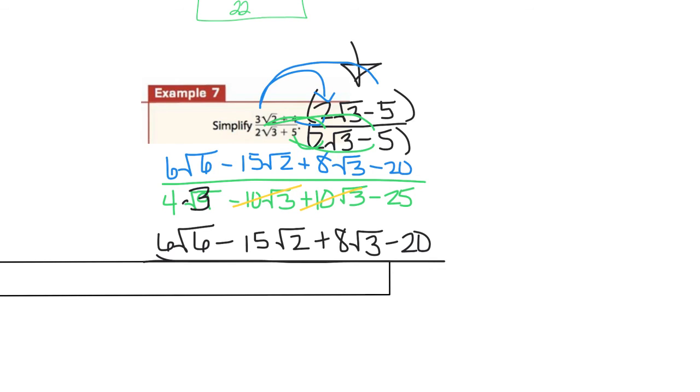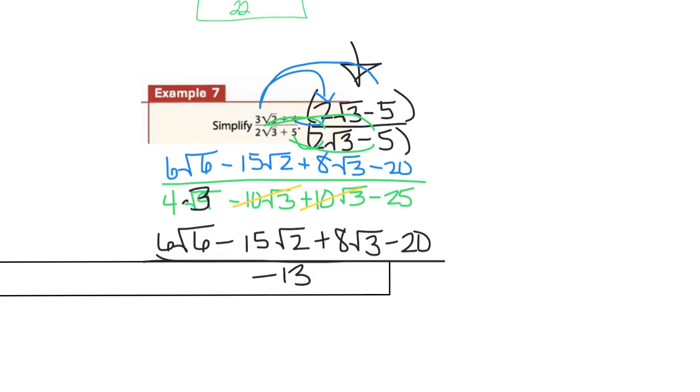Take the larger, subtract the smaller, and your answer has the sign of the larger. So that's negative 13. So this answer, you can just throw the negative sign out front. Negative 6 square roots of 6 minus 15 square roots of 2 plus 8 square roots of 3 minus 20